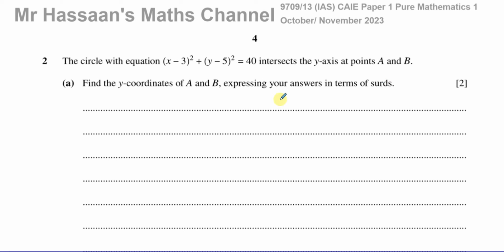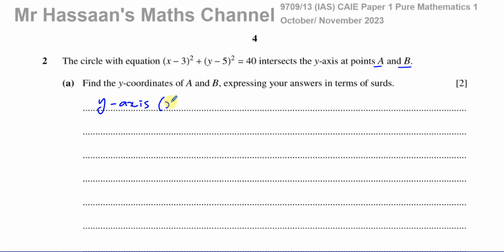So basically we have the equation of a circle here, all right? And in this case, they want to find where it hits the y-axis, the y-coordinates of A and B, because those are the y-intercepts, A and B. So it hits the y-axis in two places, and we've got to find the coordinates of those places. Now, we should have understood from the very basics of any types of graphs, whether it's straight line graphs, quadratic graphs, cubic graphs, reciprocal graphs, any type of graph, that something will hit the y-axis